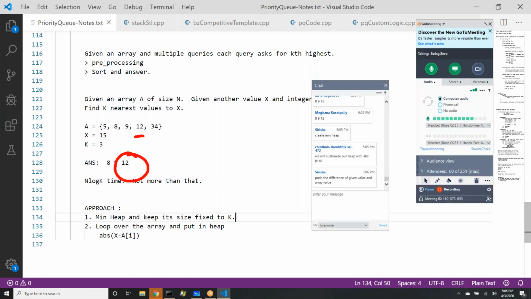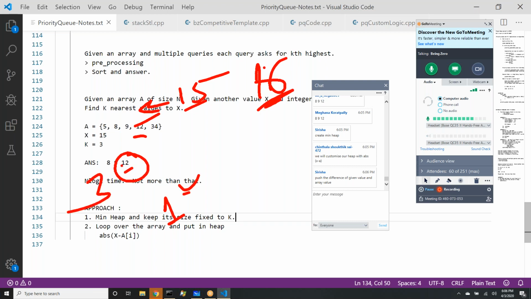Why? Because 12 is on the left side of 15. So the difference between 15 and 12 is 3, right? So you should take the absolute value, because if 16 was there, when you push it in the heap, ideally you should be putting the absolute value of 1. This is distance 1 away, this is distance 3 away. So the one that is one distance away should come first. So that should be our priority. So here the priority order is the difference,